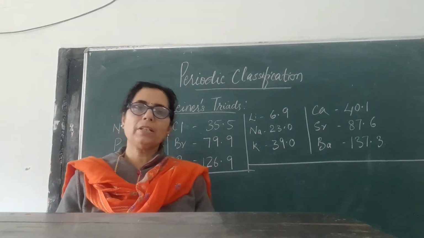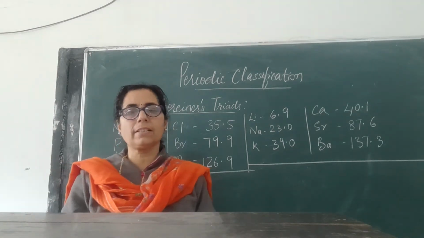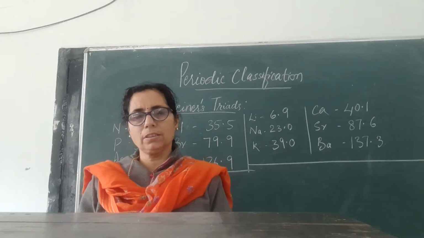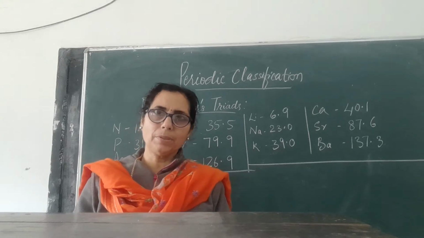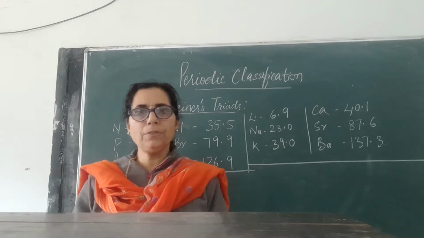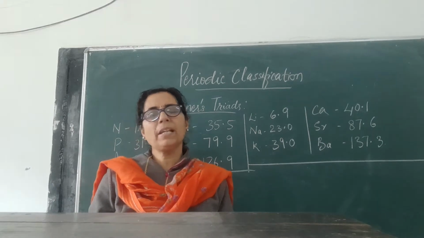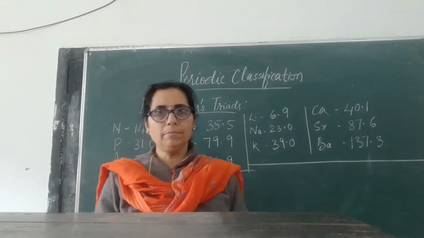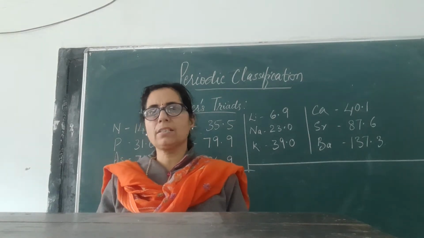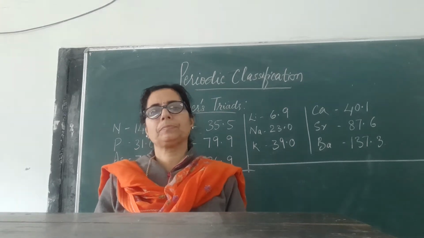What is the need of periodic classification of chemical elements or various types of elements that are present in nature? Different types of elements were found in nature, and it was difficult to understand the properties individually. So different scientists put their effort to arrange these elements in different groups on the basis of either atomic number or atomic mass or chemical properties, so that it becomes easy to understand the properties of many elements under one heading.